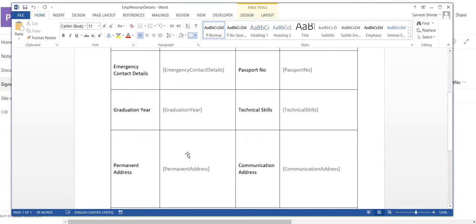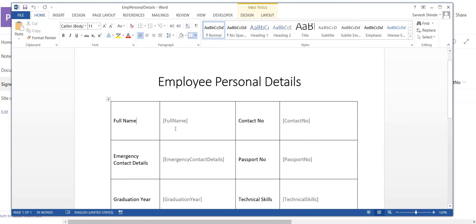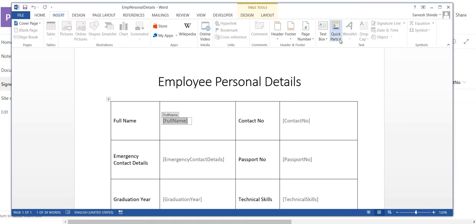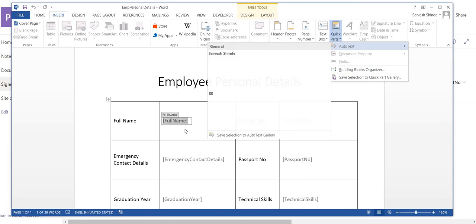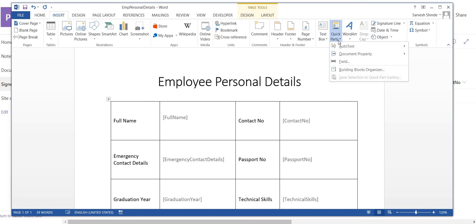What you need to do is generate your UI here or tabular format data, which is dynamically filled data that will get filled automatically. So click on Insert, go to Quick Parts. Let me click outside, press enter here, and go to Quick Parts.